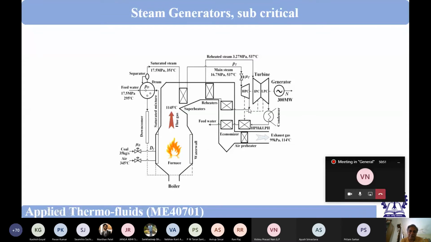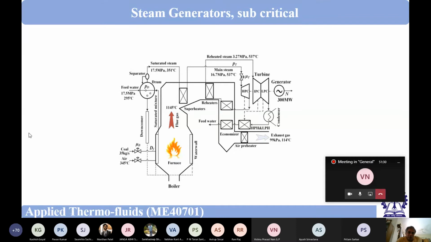But at the end of the high pressure turbine, this steam is coming to the reheater. Again, it is written reheaters because there will be a number of reheaters. And once it is reheated, it goes to the low pressure turbine where it will expand and go to the condenser. Okay. So some values are given at different places to get some idea, but these are typical examples. So this is our steam and water circuit. Is it clear? See, I am telling this circuit a number of times so that you should have some idea.